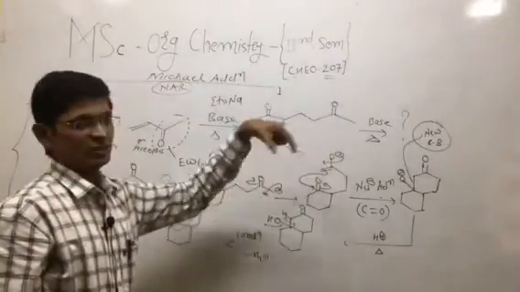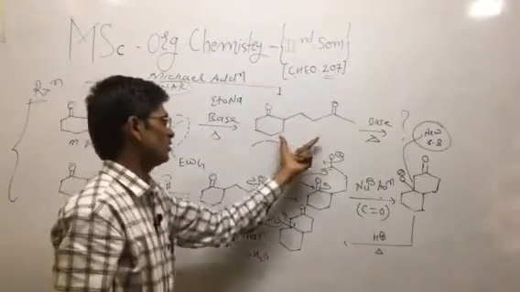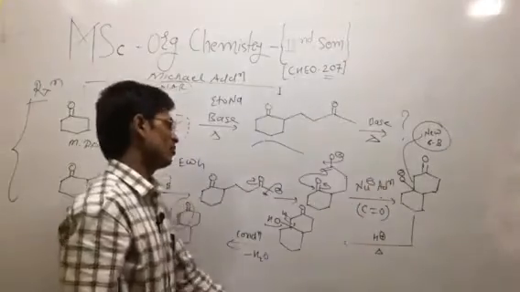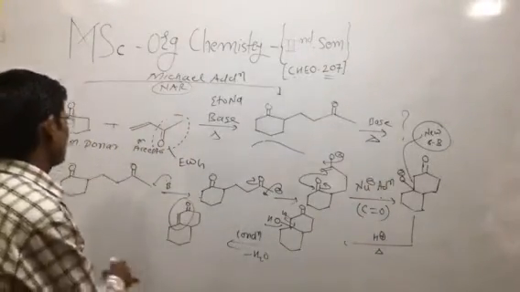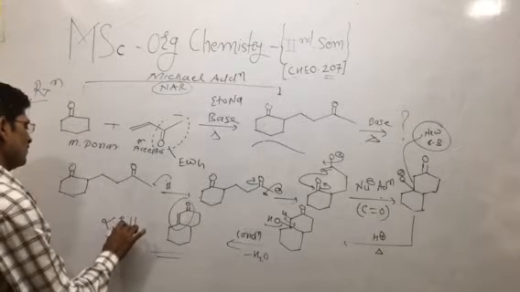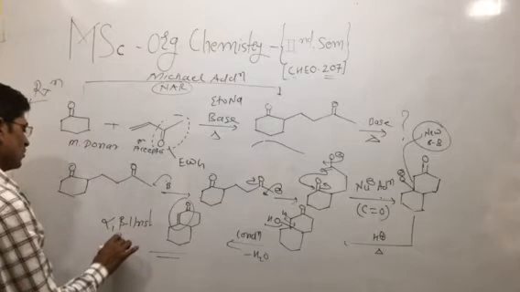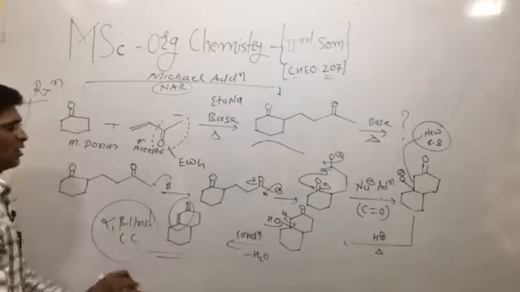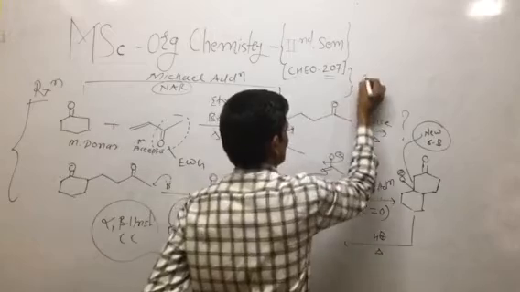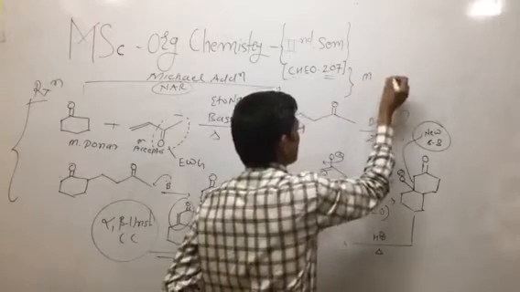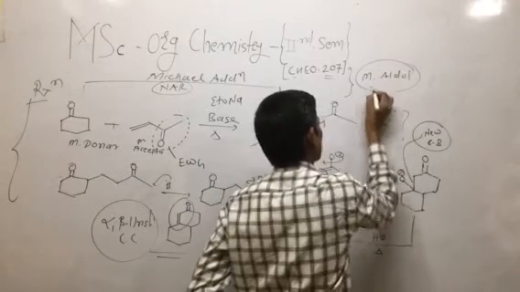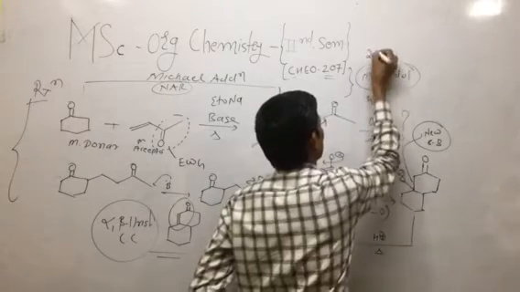Again, this Michael addition product is treated with basic condition, followed by acidic hydrolysis, and this type of species is formed. This is called an alpha beta unsaturated carbonyl compound. So this is the product of the reaction, where a Michael reaction followed by an aldol reaction takes place. Michael followed by aldol reaction is known as Robinson's